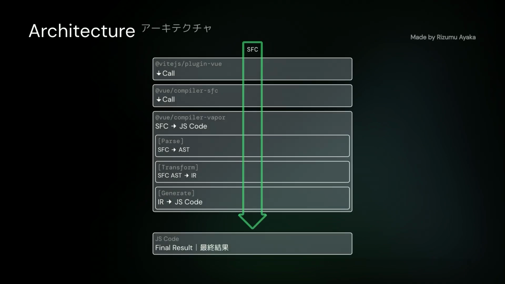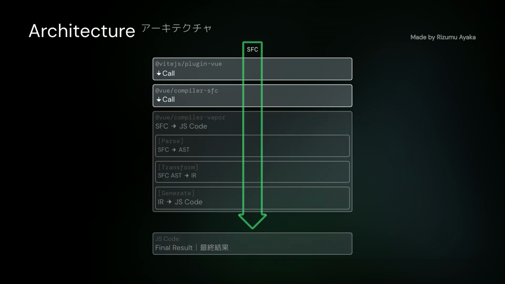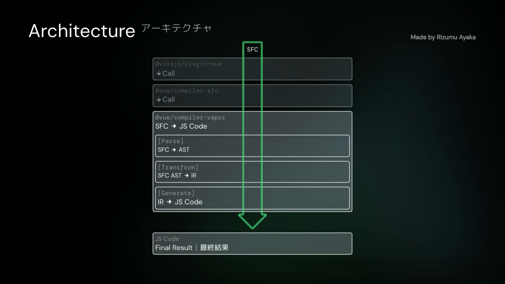This diagram shows the core logic of an SFC. First, we have a top-level Vite plugin for users, which calls the SFC compiler. The SFC compiler extracts the template tag and passes it to the Vapor compiler, which finally compiles it into JavaScript code. In particular, the internal process is, first, the parse phase, where the content is parsed into an HTML